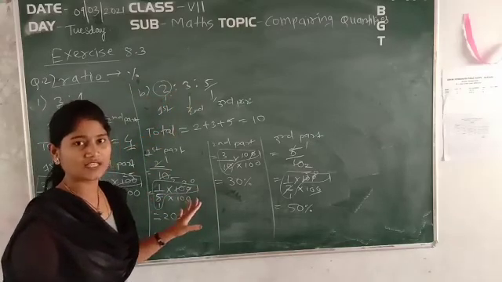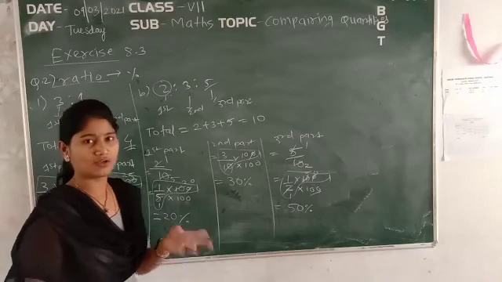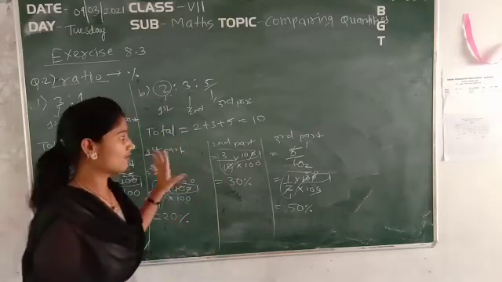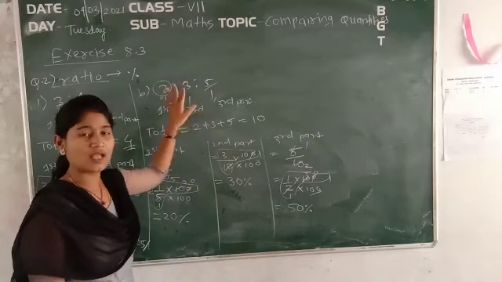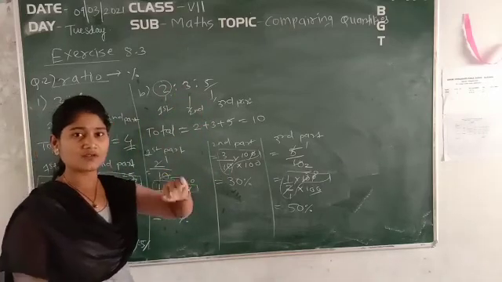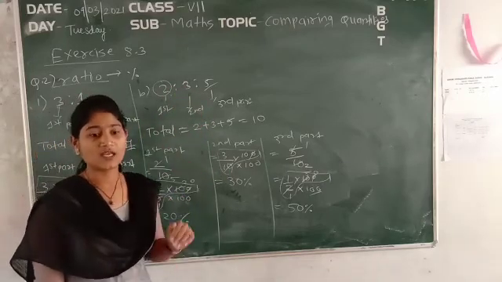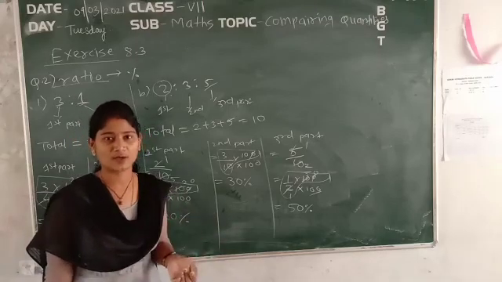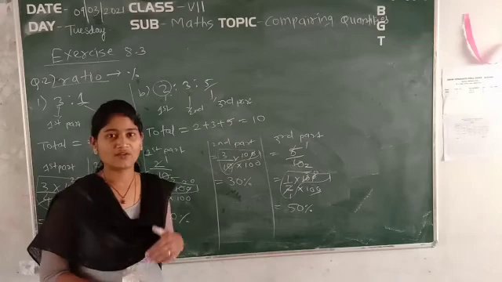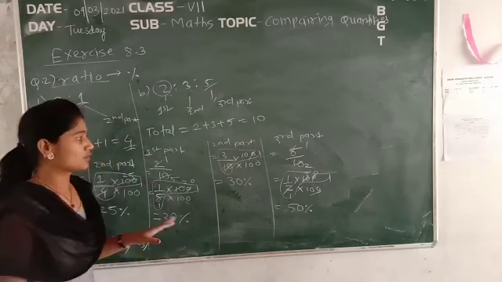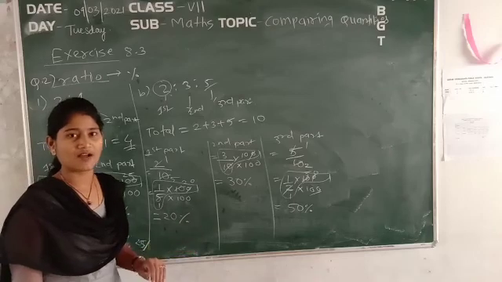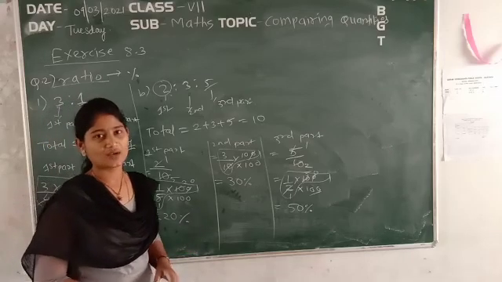So are we clear with this one? Okay. So today what we have learned, question number 1 and question number 2, depended on finding the percentage of the ratio, and again on finding the percentage from the profit and loss situation. Apart from this there are some other word problems that we will see in tomorrow's session. That video will explain a lot. So today what you have to do is solve the first and second question and then send it to me after completion. Okay. Thank you. Have a nice day.